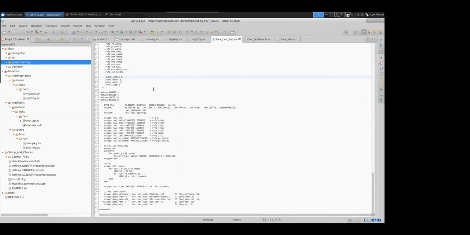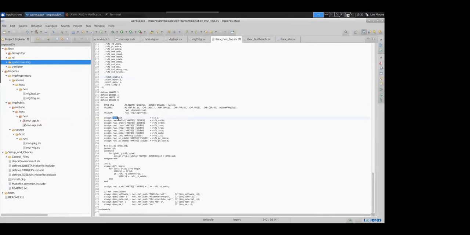So the IBEX top level SystemVerilog contains an RVFI interface. RVFI was a technology developed a couple of years ago, and it describes some of the capabilities regarding the GPRs that get written on instruction retirements. It also contains information about the order of the instructions as they execute, and also contains information about when instructions undergo an exception condition. And so what we can do is we can use that information to drive into this